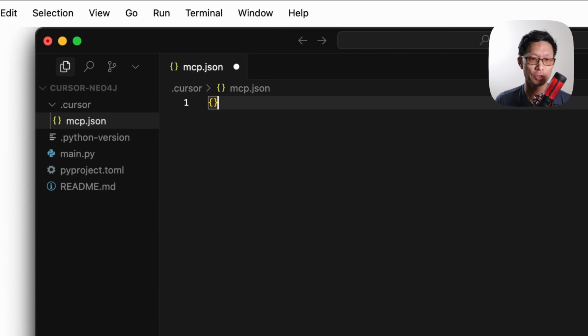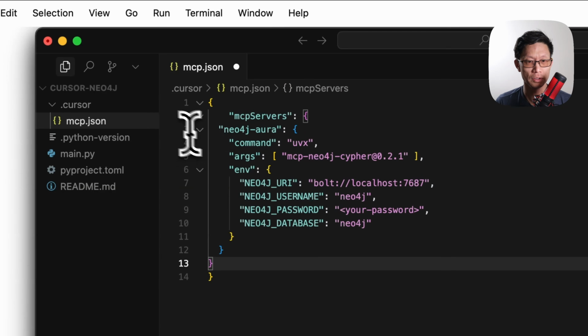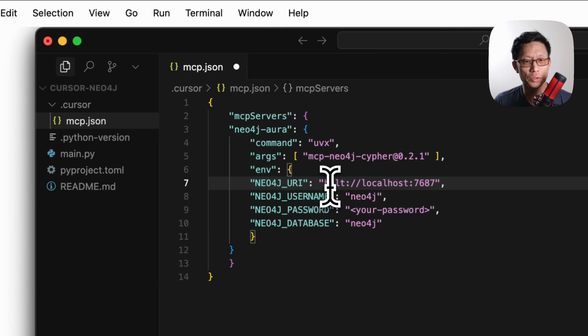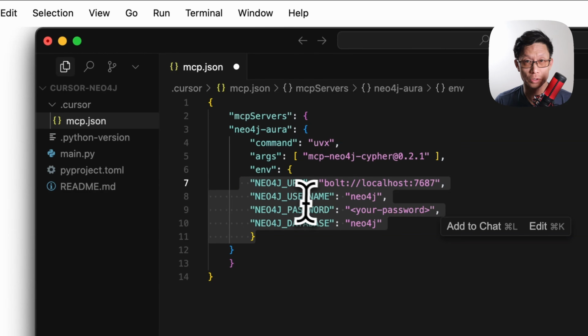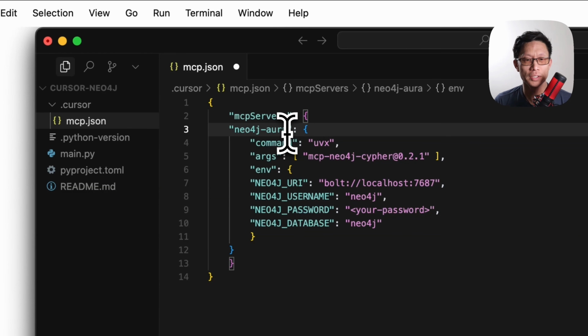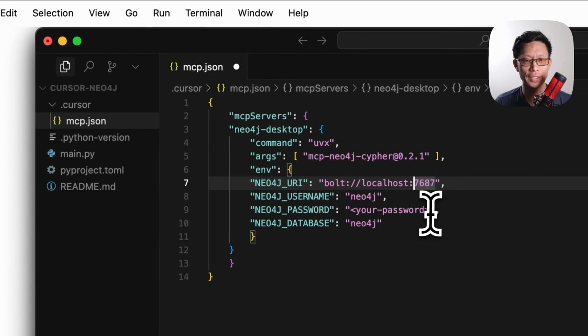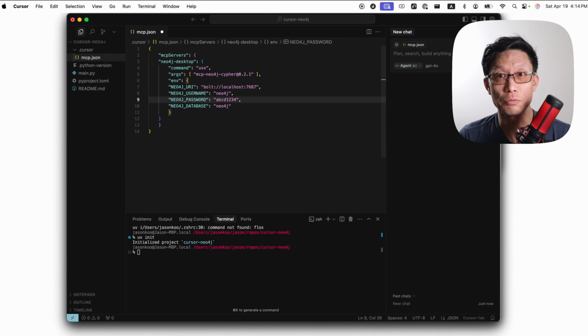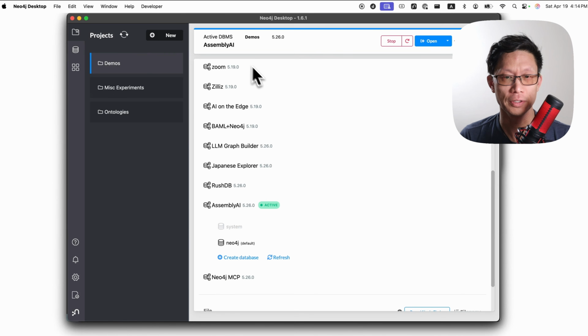Now, don't forget to make sure you have opening and closing braces. The sample configuration doesn't include the outside braces. Okay, one thing to note here too is by default we're connecting to a local Neo4j instance, which is also what I will demonstrate with. But here it's labeled Aura, which is the cloud managed instance. So just for clarity, I'm going to rename this desktop, and the password for my local instance is just very strong ABCD1234. And to show you my database right here, again, this is